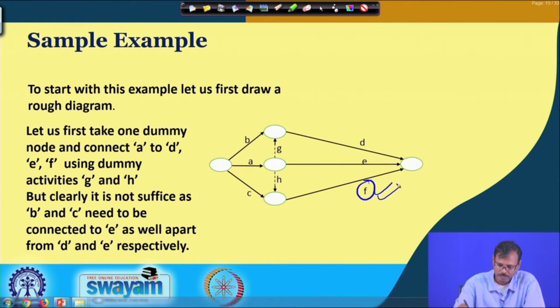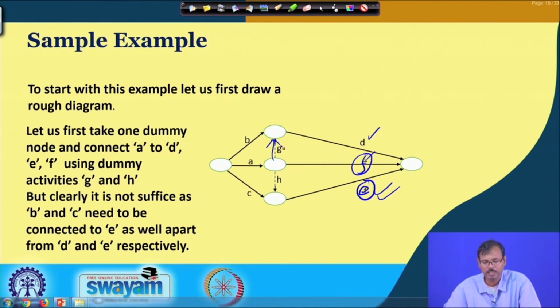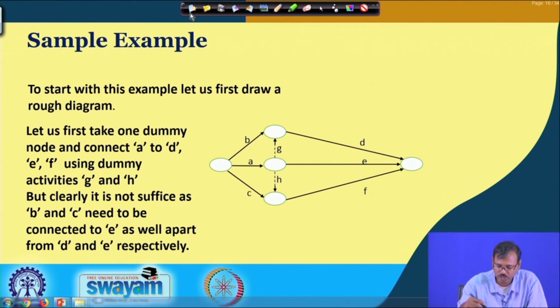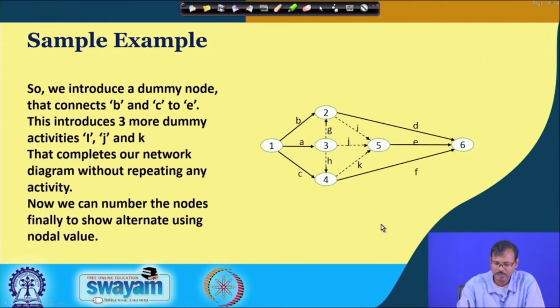So, for D and E it is able to satisfy, but for F it is unable to satisfy because the dummy job is unidirectional, and instead of F having predecessors A, B, C, it is showing F having predecessors of A only. So, that is why we have to add some more dummy jobs here, so that it can be presented in such a way that